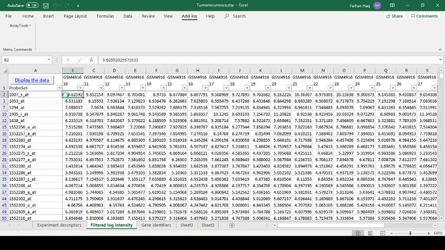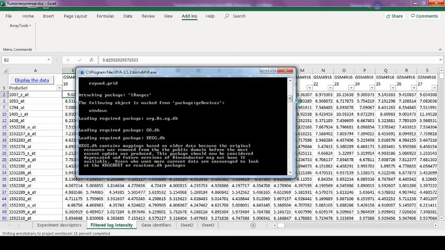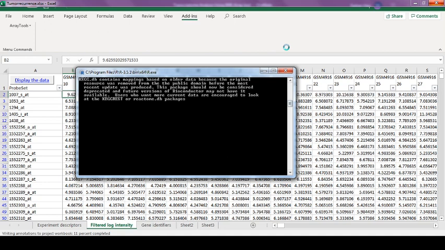These probe IDs correspond to different genes. Now it's saying that it's writing annotation to the project workbook, so it's loading here. When it gets done, we will see that